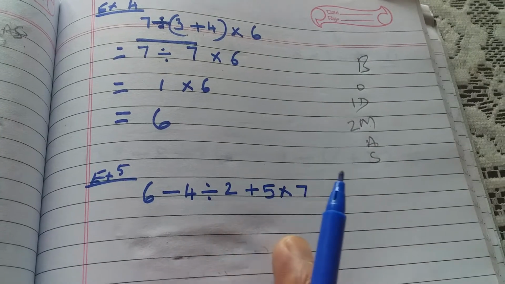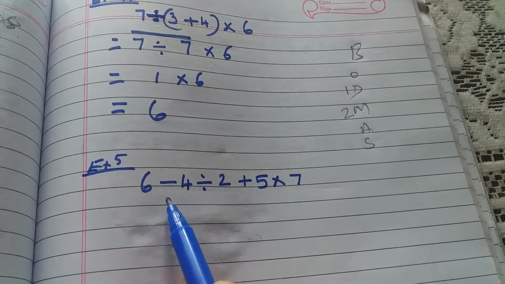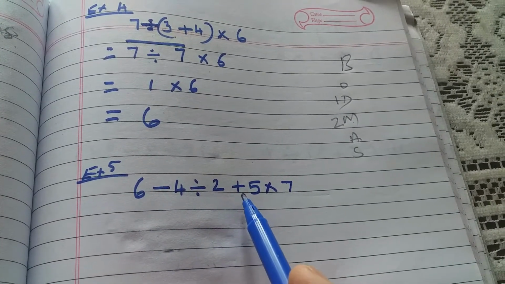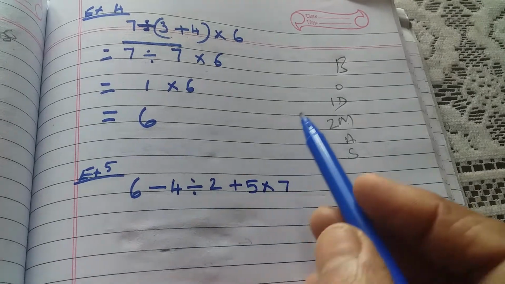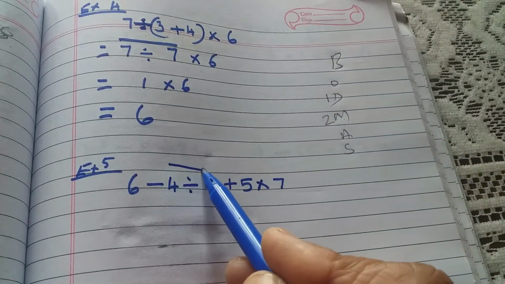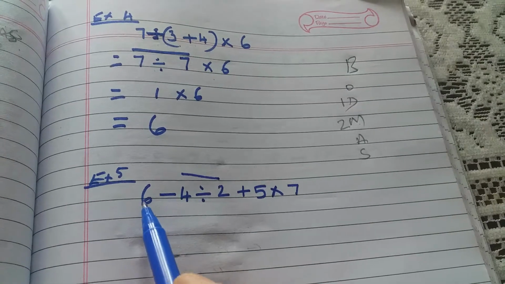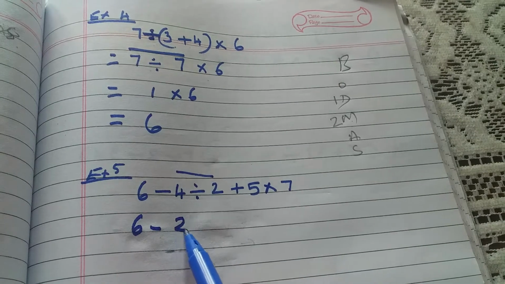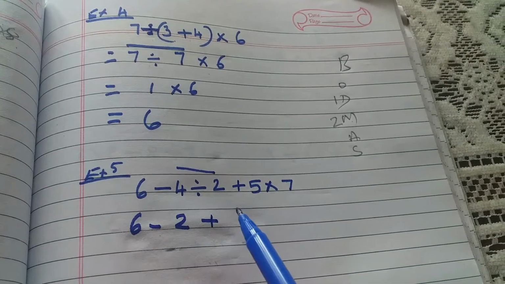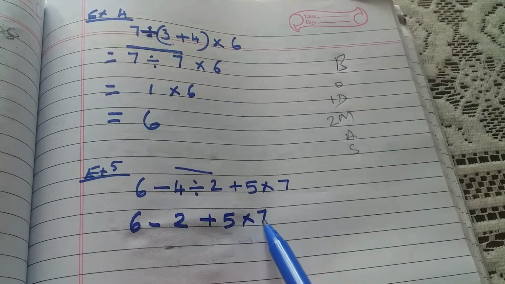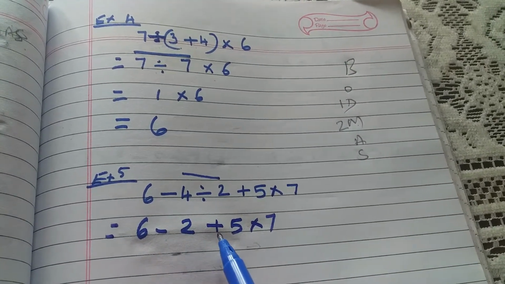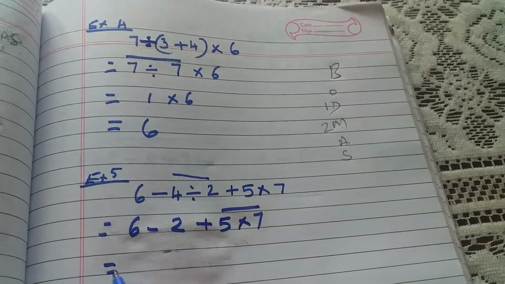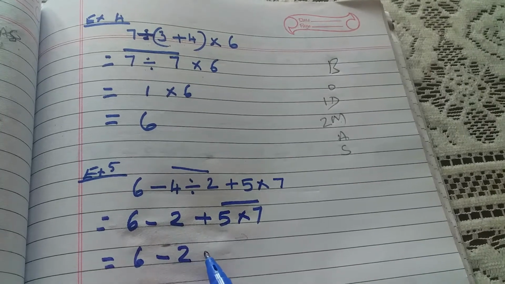See one more, where we have all 4 operations. So which one will you do first? We have subtraction, division, addition and multiplication. So come with the order first, division first. You see, division is first. The rest of the numbers, write as it is: 6 minus as it is, 4 divided by 2 is 2. Okay, then plus 5 as it is, into 7 as it is. Now we have subtraction, addition and multiplication. Which one do you have to do first? After division we have multiplication. So it becomes 6 as it is, minus 2 as it is, plus as it is, 5 7s are 35.